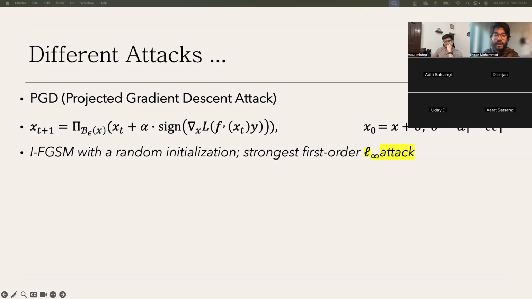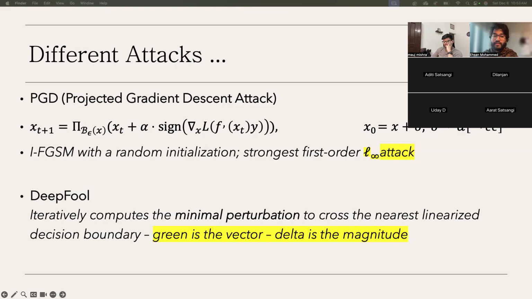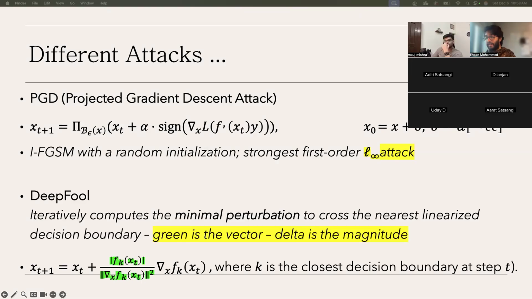It's basically like, how are you calculating the distance from the decision boundary? The next one is DeepFool. It's an iterative attack where we try to compute the minimal perturbation. So instead of computing a perturbation which is only initiated or governed by the parameter alpha or epsilon in our case, we actually try to find the minimum perturbation that will be helping us in crossing the nearest linearized